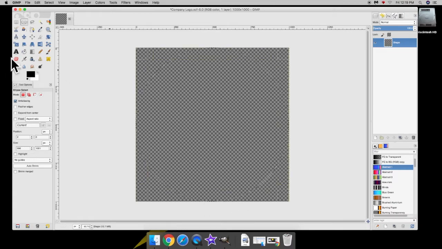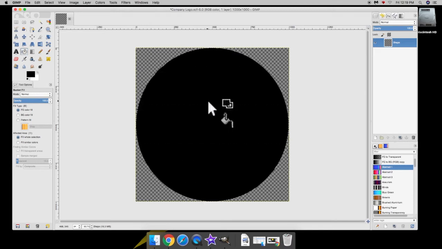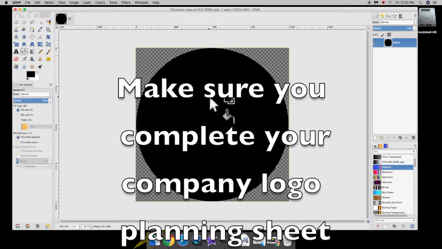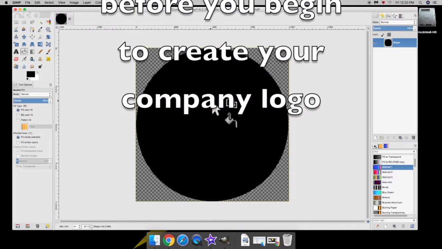And of course, we're going to fill it in. Now, if you notice, I also made the circle as big as I could possibly make it. Bucket fill. Let's start with just black. Now, the colors that I'm about to use, you don't have to use. You will be using whatever colors you used in your planning sheet. So again, make sure that you've completed the company logo planning sheet before you start to create your company logo